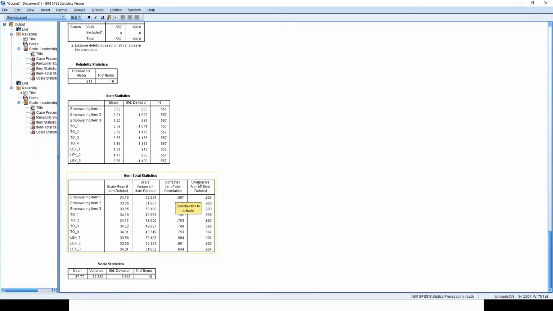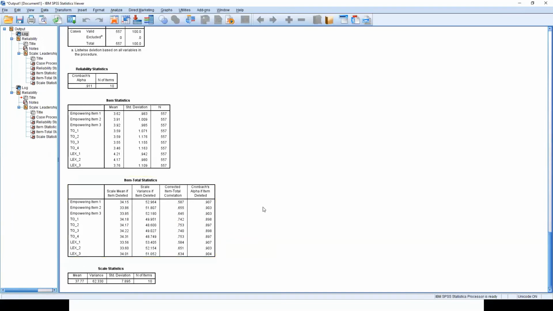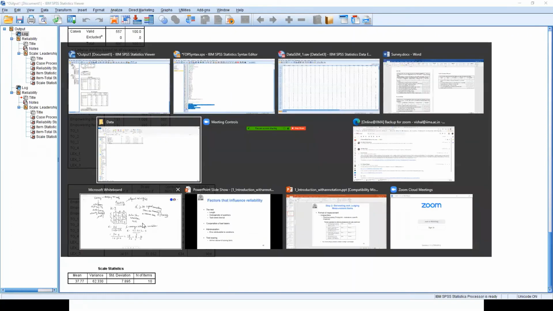Okay, item to total correlation. So if you have a scale of 10 items, what is item to total correlation? Let me just show it to you.